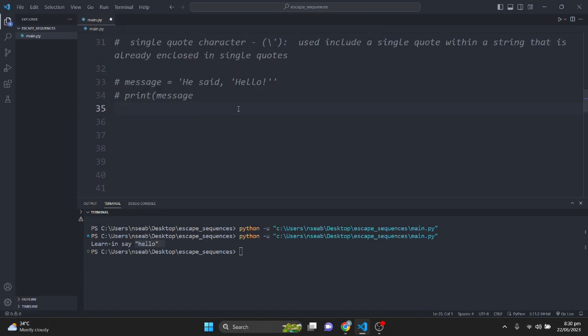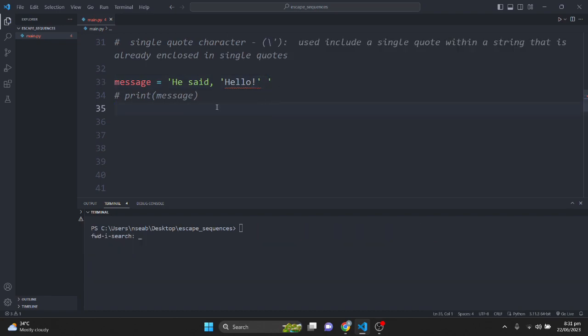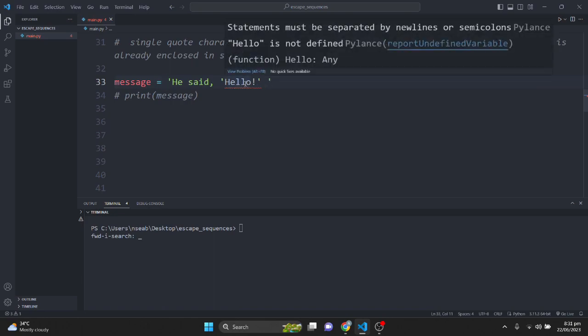Now let's talk about another escape sequence. Let's look at the single quote escape sequence. Single quotes works as the double quotes. Just like with double quotes, if you have a string like this, he said hello. I'm going to create a space here so that we see more clearly. Notice that we have this whole string, he said hello, wrapped with single quotes. At the same time, within this string, we want hello, which is part of this string, to be wrapped with